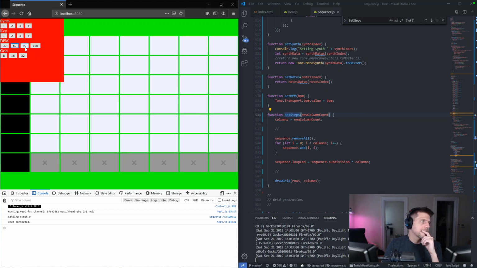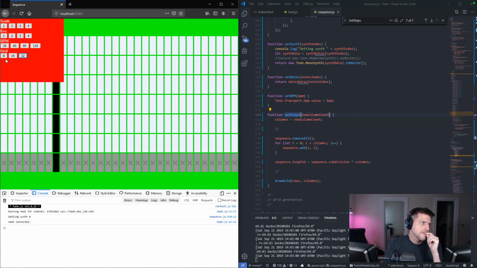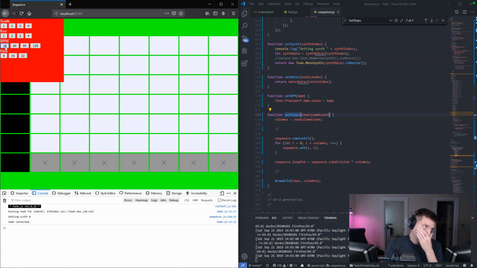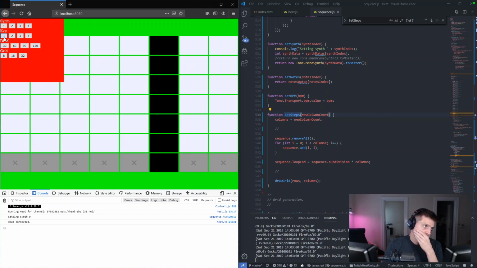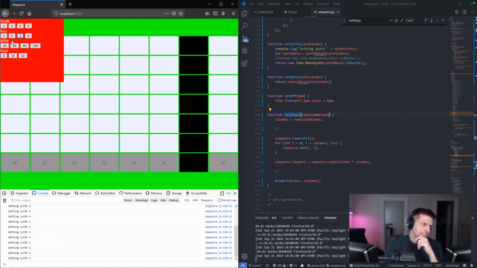That works. Yeah, ideally you probably do something to indicate what the current values are, but let's ignore that for the moment. Okay, so